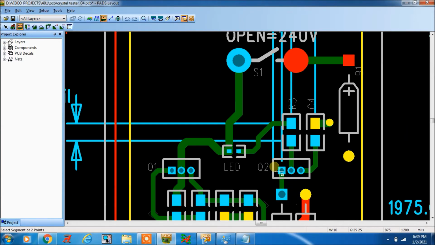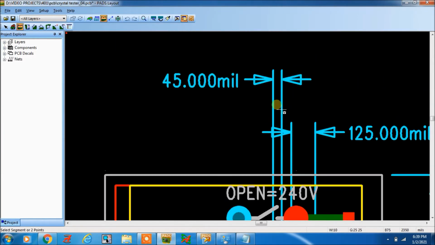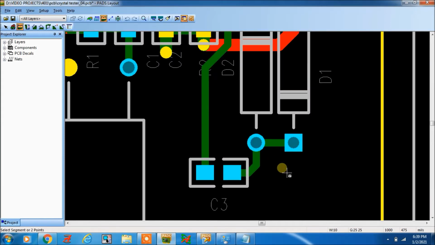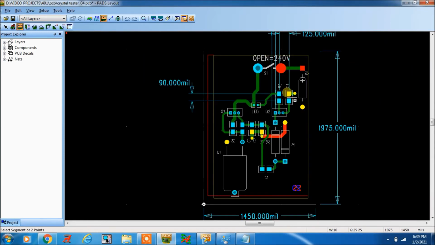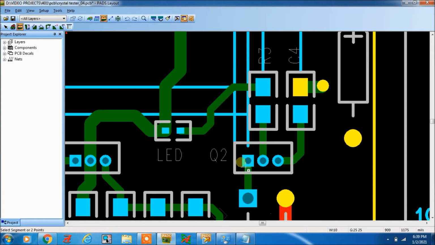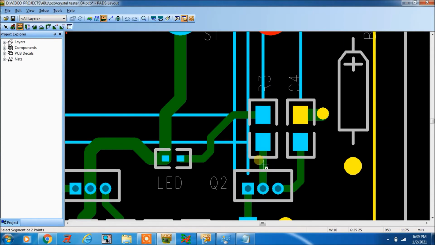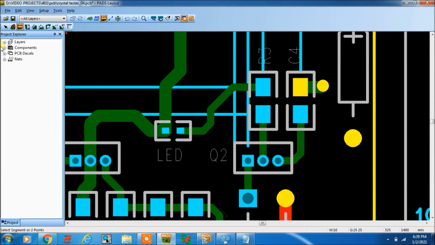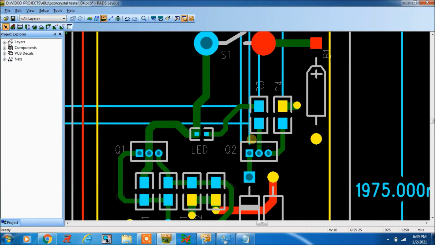Then from this vertical line to this pad center, it will come 45 mil. Whatever dimension it is, from the pad to this line, it will show. So if you are making snap to center and you are trying to make this to this dimension, it won't come. For this you have to make snap to any point. Okay, then it will come.